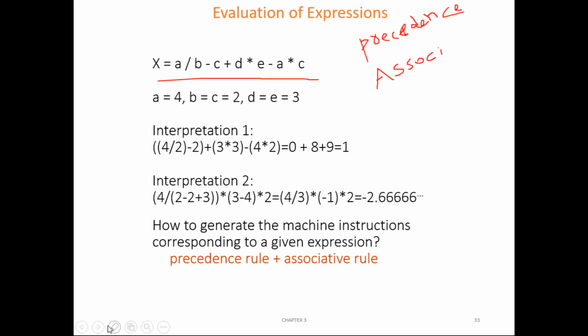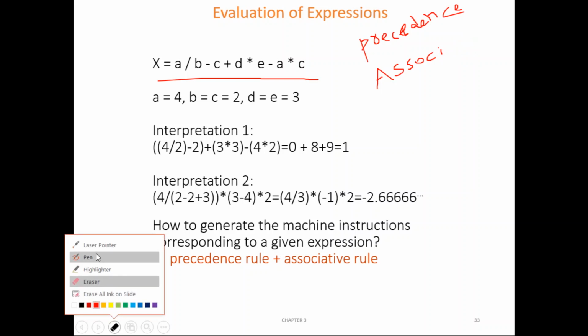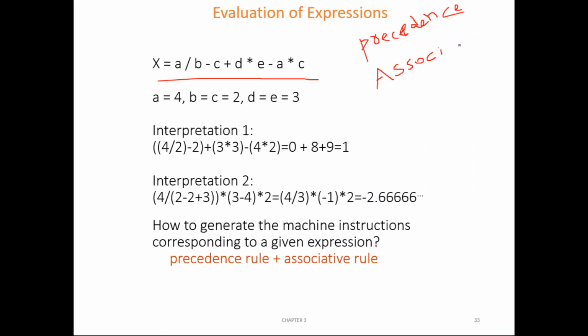And what is associativity? If two or more operations have the same precedence or same priority, then in which order they should execute. That is called associativity.